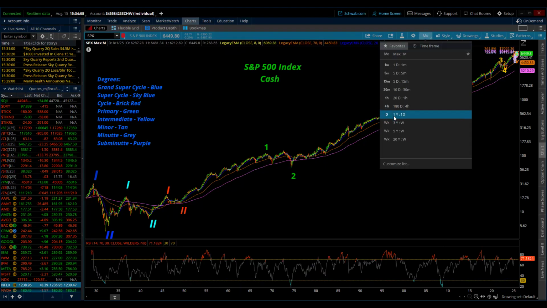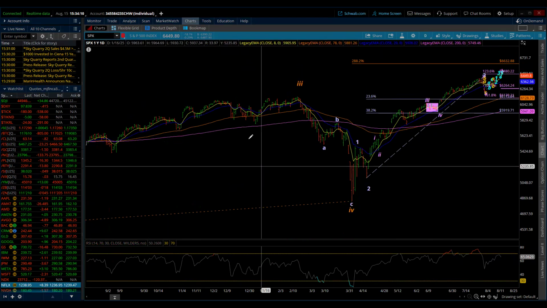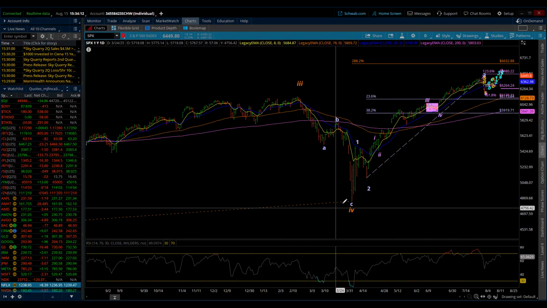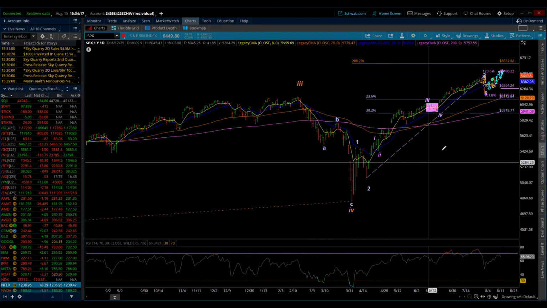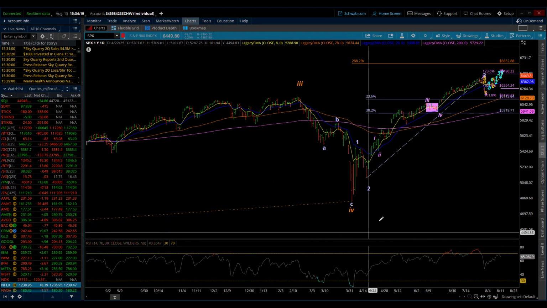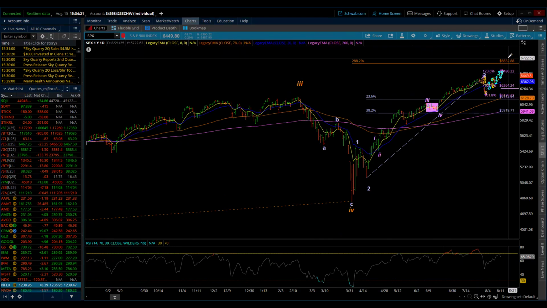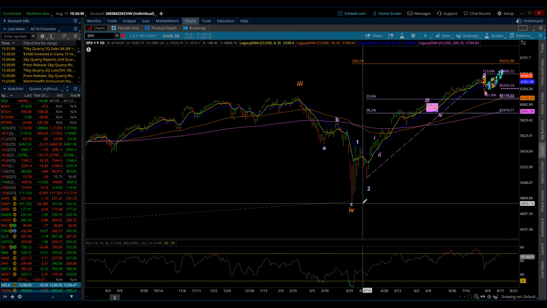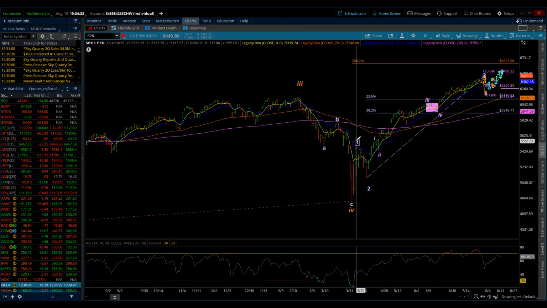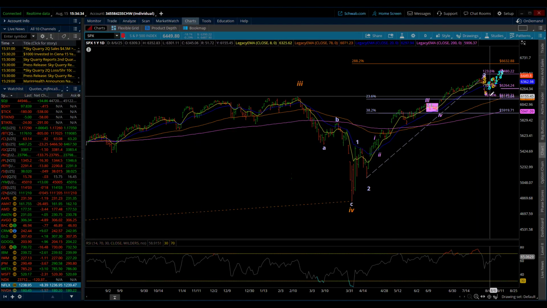Now I'm going to come all the way down to my daily chart. There we have minor wave 3, minor wave 4. So we're counting the last minor 5th wave up. Once minor 5 is done, it in turn will complete intermediate 5, primary 5, cycle 3. All right, so now inside of minor 5, what is it going to consist of? 5 waves of minute degree, 1, 2, 3, and I believe we are still in that minute 4th wave.